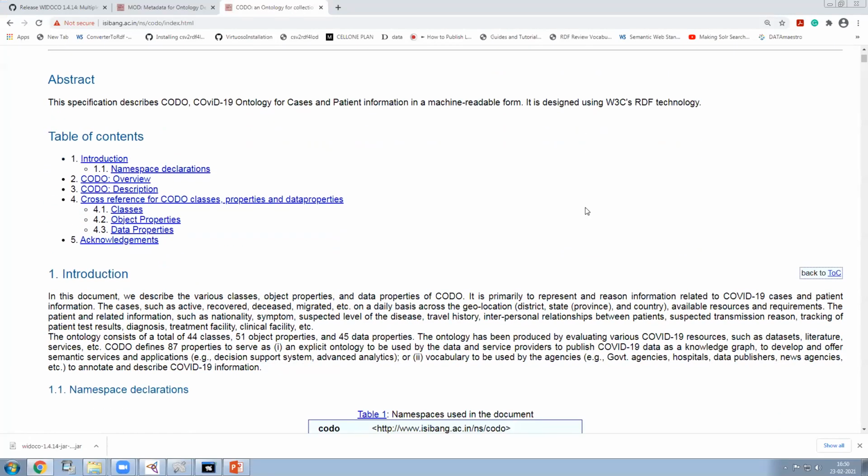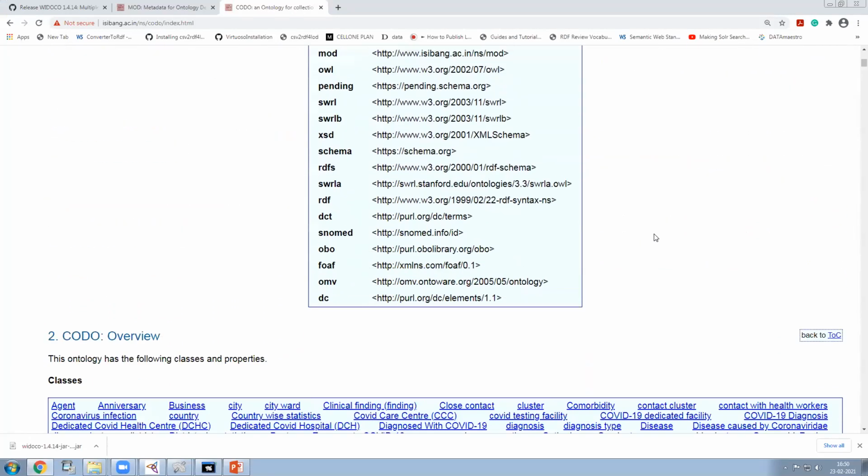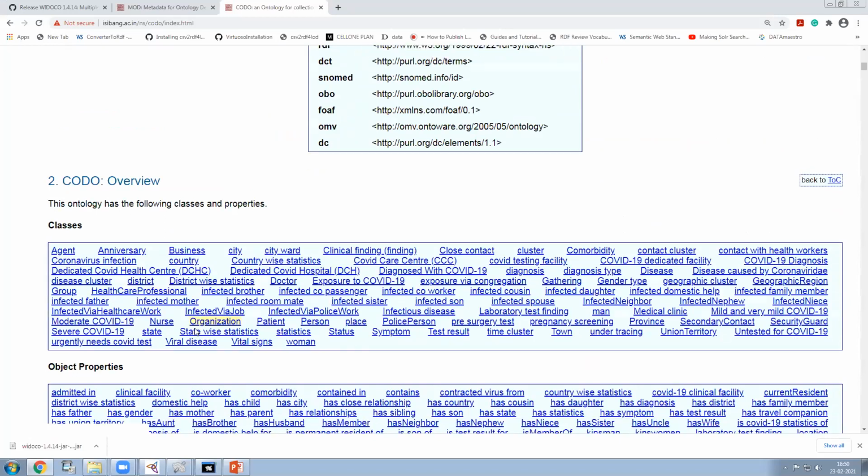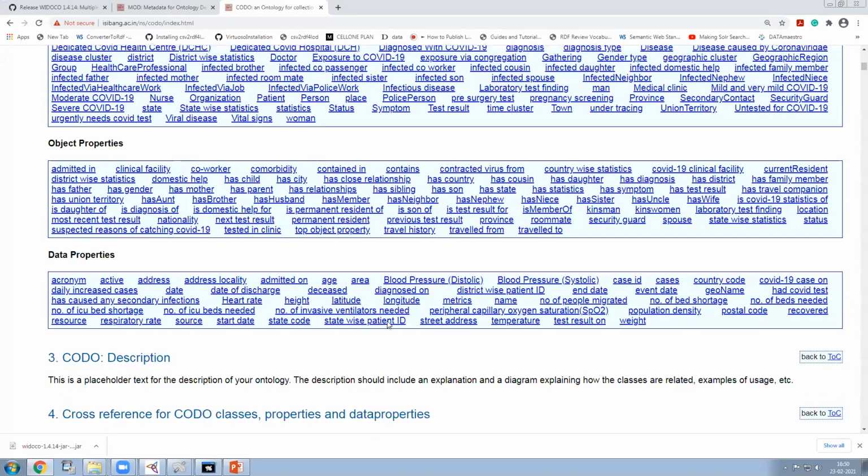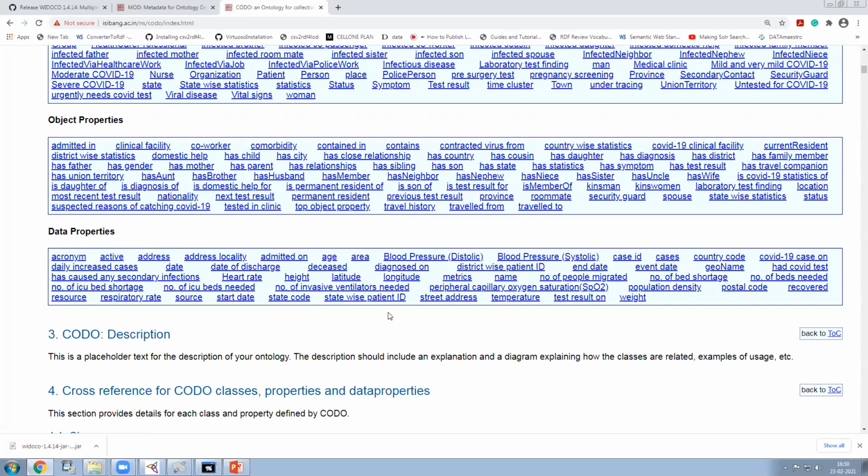And then the main component of your ontology, like you created a set of classes, object properties, data properties, but they are not really in a shareable space, right? Because if you share with them, they have to download it and they need some kind of editing tool or reader to read it. And that's not always user friendly.